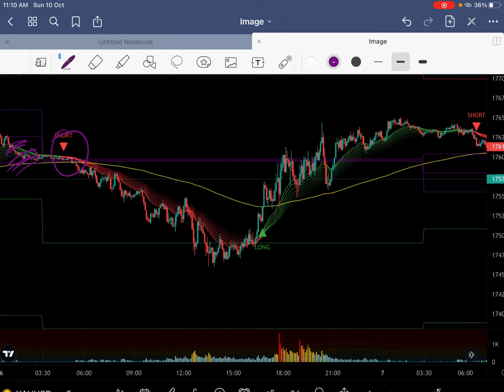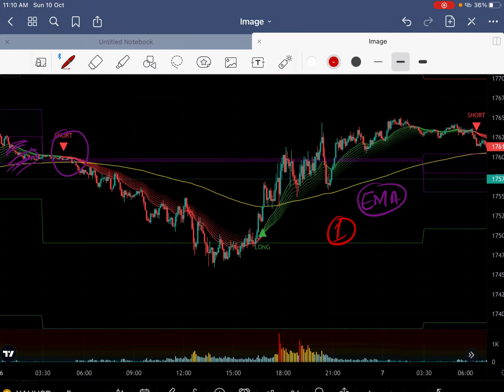Let me first write down those moving averages. Note them down in your notepad, and you can simply watch the video, and after watching it you can implement those moving averages in your TradingView account. You have to choose the multiple moving average option, and change the settings of those EMAs. These are EMAs. So the first EMA is